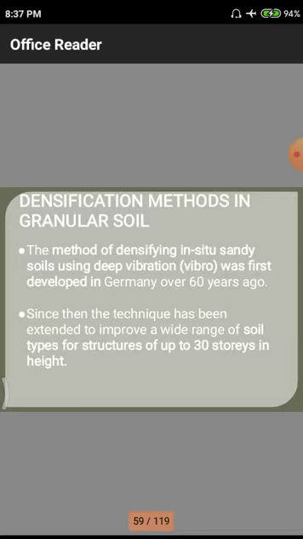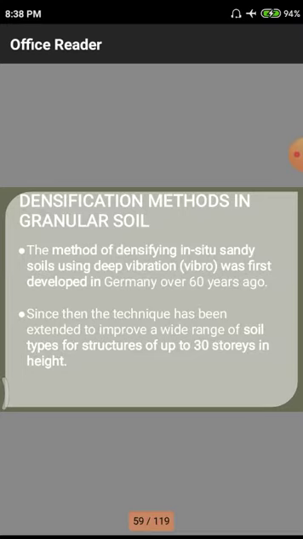Already we studied granular soils, silty soils and clay soils, depending upon their particle sizes, how they vary, and how much amount of voids they have. But here we are observing the densification methods related to granular soil. What measures do we have to use, particularly in the case of these granular soils? Whenever there is a construction practice on granular soils, what techniques do we need, with cheap construction and low cost of